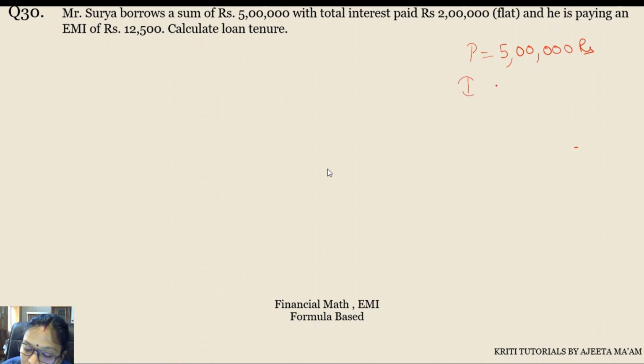Now interest that he has paid is 2 lakh, right? Now EMI that he is going to pay is 12,500 rupees. EMI is always monthly, right? So now he has been paying the EMI of rupees 12,500. Now we have to calculate